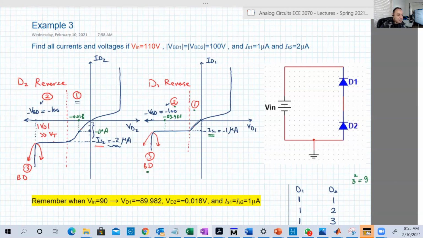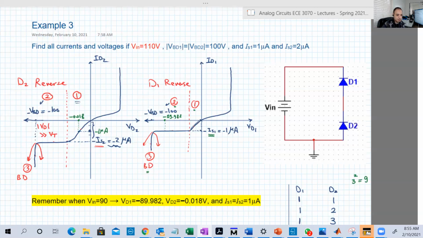So there is a great possibility that with our new input value, which is 110, D1 will go into breakdown. And once it's in breakdown, it will have a constant voltage of minus 100. Then the rest of the input, because of Kirchhoff's voltage law, will go to D2. So VD2 will be minus 10. And minus 10 is much, much greater than